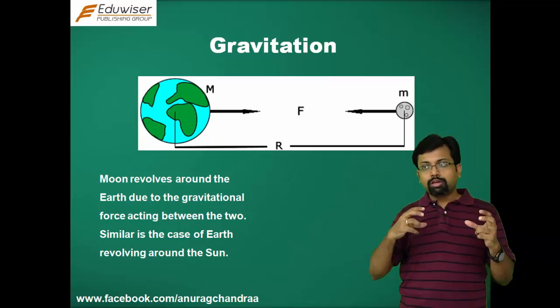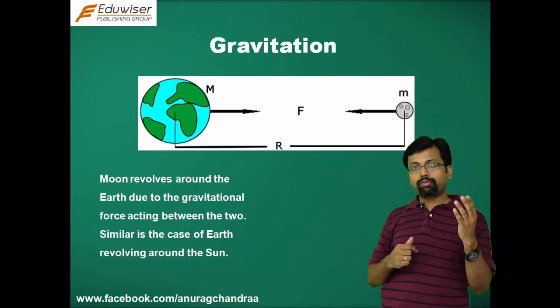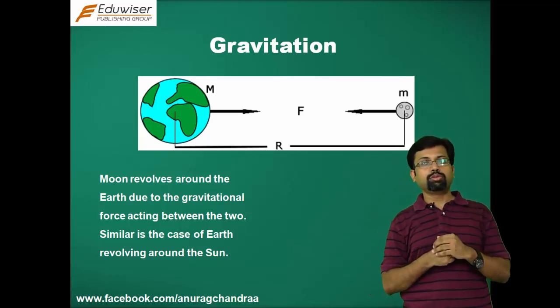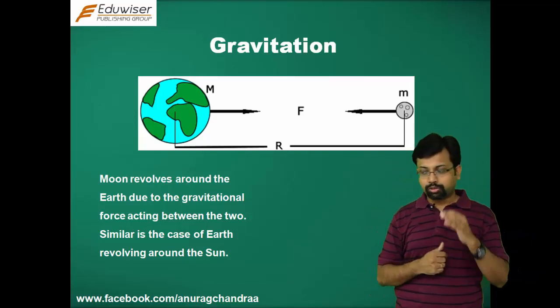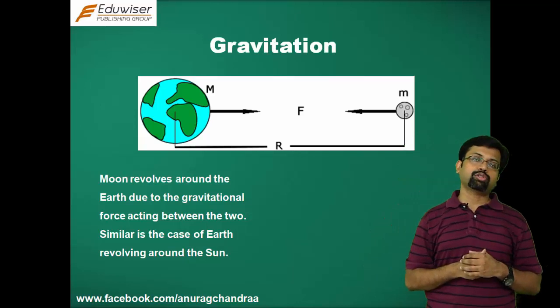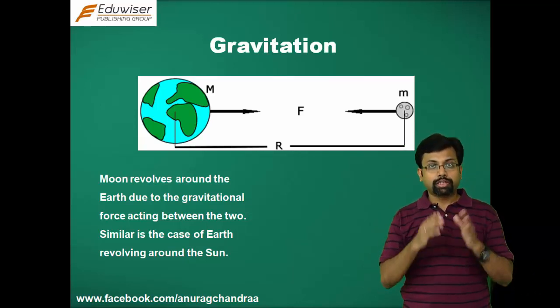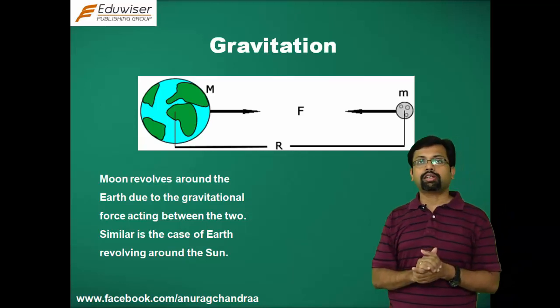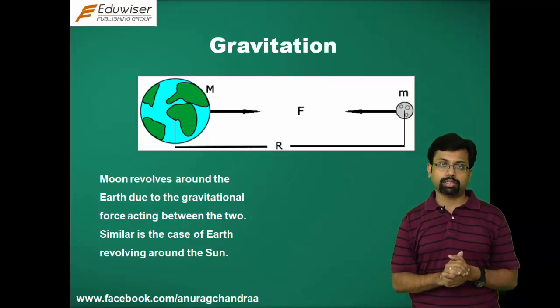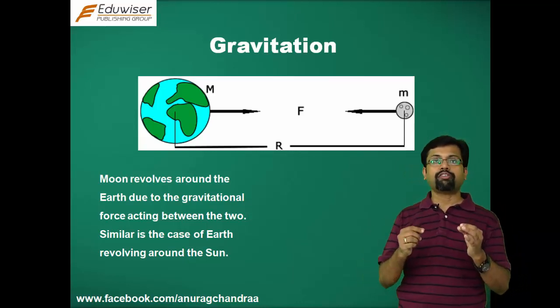Now when the moon attracts the earth and it moves around it, you would ask, why doesn't the earth also move around the moon in a similar fashion? Now this again can be answered from Newton's second law of motion. Newton's second law of motion also states that, given a constant force, the acceleration is inversely proportional to mass. You have F is equal to ma. So a is equal to F by m.